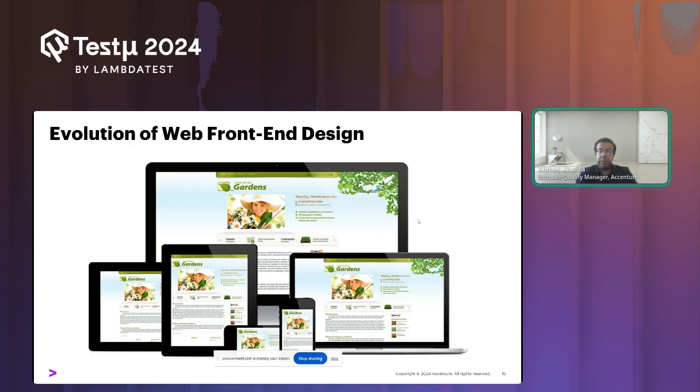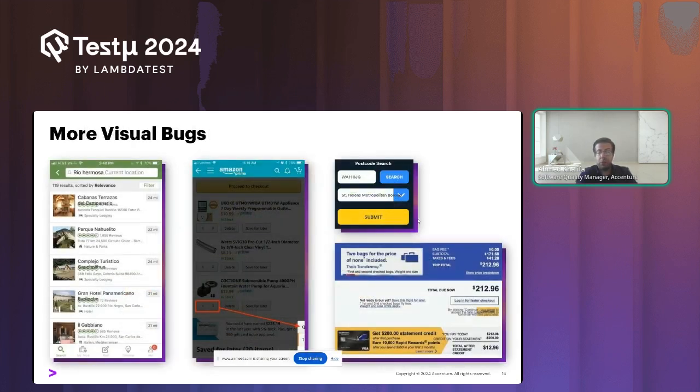And you have not only static websites, you have dynamic websites. You have a lot of evolution in this web front-end design, and due to this evolution, this caused a lot of bugs, more visual bugs, right? So if you test now in Chrome and see the same image on any other browser, it could have differences.